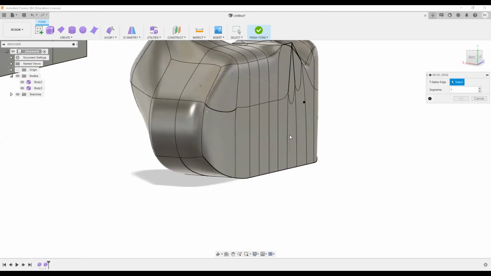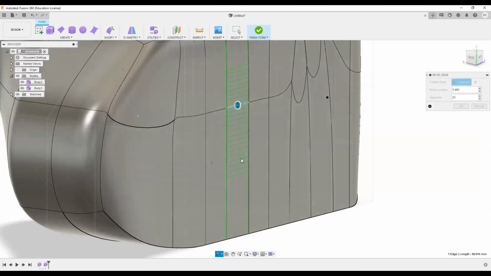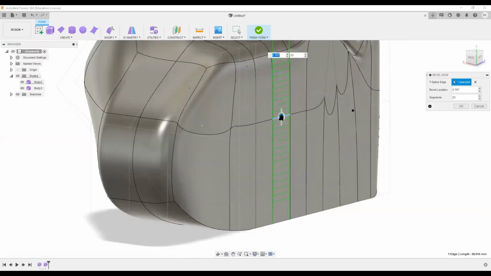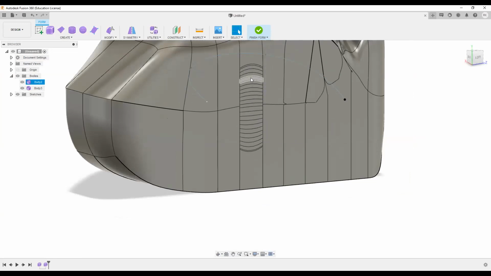Then there is this bevel edge option, where I can select one edge and replace it with more edges. If I increase it to 2, 3, as you can see, I can increase the number of edges, similar to that insert edge tool. But here I can use it as a bevel option, where I can increase the number of segments with more edges. As you can see, the curve is divided into this number of different edges. Now I can tweak it as I want from the edit form tool.